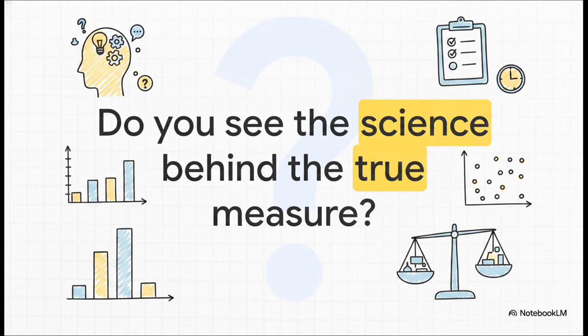Which brings us right back to where we started. The next time you take a personality quiz online, or you sit for a standardized professional exam, I want you to pause. Are you just blindly trusting a raw number flashing on a screen? Or do you now see the rigorous science, the careful norming, the mathematical reliability, and the profound validity working behind the scenes to reveal the true measure? Take this knowledge, share it, and teach others not to blindly trust a raw number.